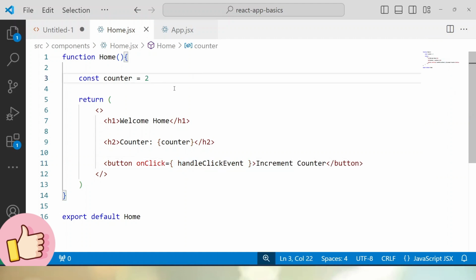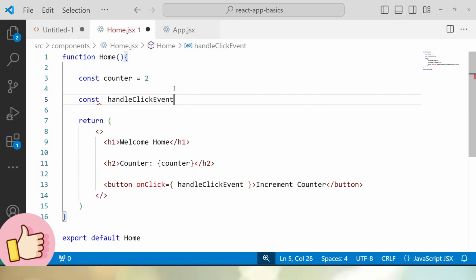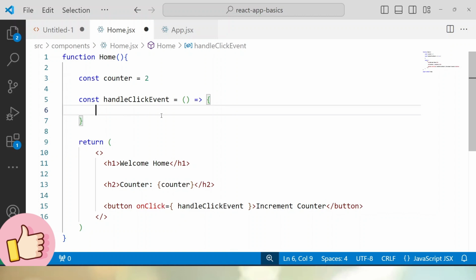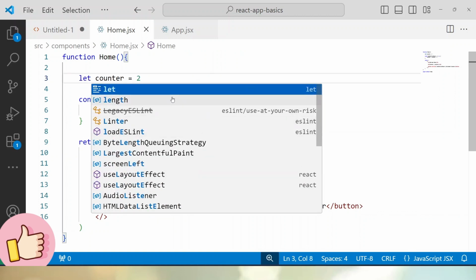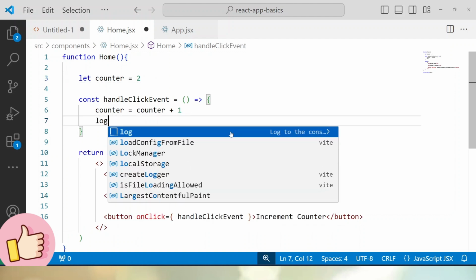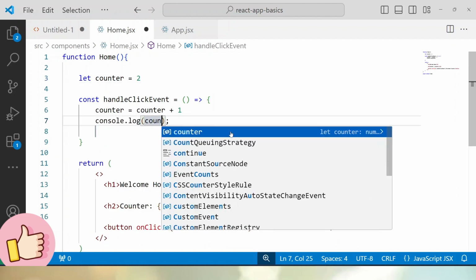Copy this function name, then I will go here, const function name, arrow function, and inside this function, we have to increase the value of this counter. So counter equals counter plus 1. And here, instead of using const, let's call it let. So whenever we click on this button, it will call this function, and this function is going to increment the value of this counter. So let's say console.log here, counter,